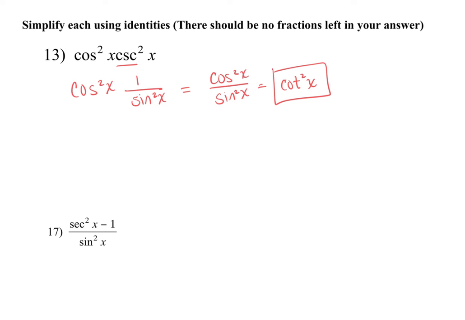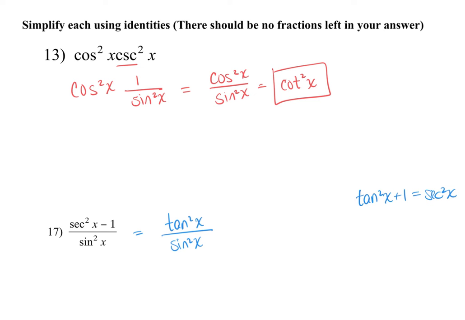Secant squared minus 1. Secant squared minus 1 is from a Pythagorean identity. Remember, if you have tangent squared plus 1, that equals secant squared. So secant squared minus 1 is going to equal what? Tangent squared. No, secant squared. So I have tangent squared over sine squared